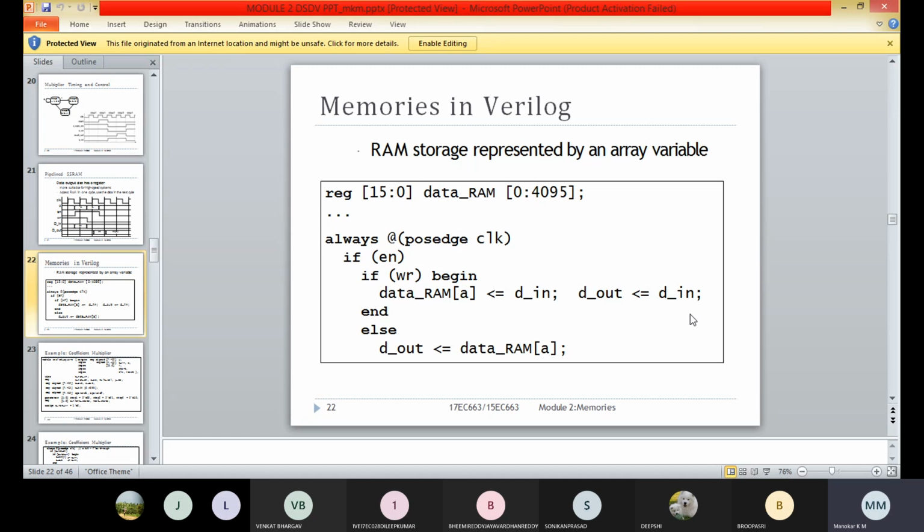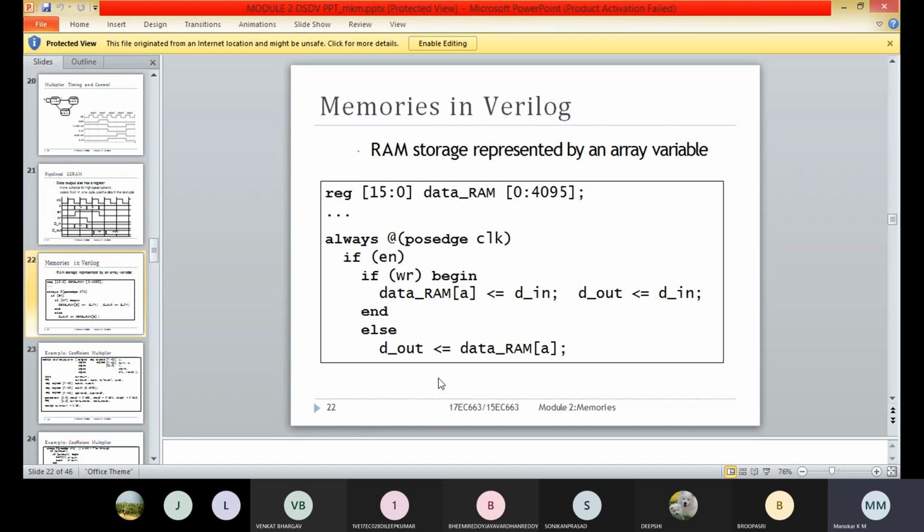That is, D underscore in is applied to the data out. So once the data is stored, it immediately appears on the output line as well.